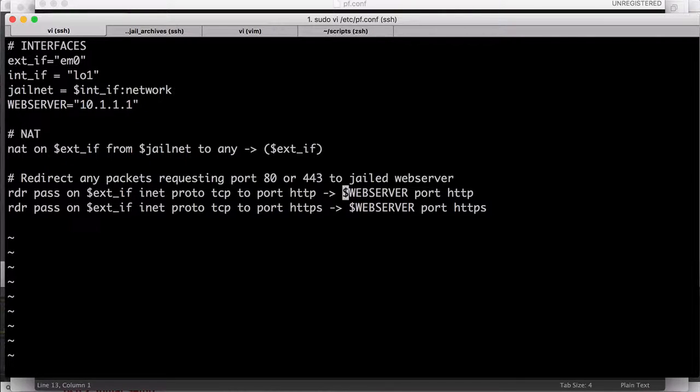In our case, it will be Nginx, on HTTP as well as HTTPS, and it also does NAT on